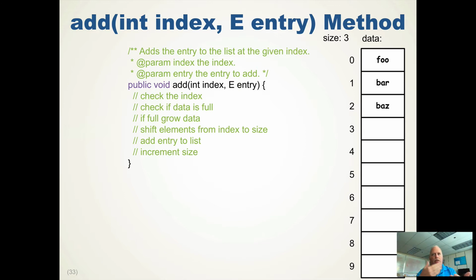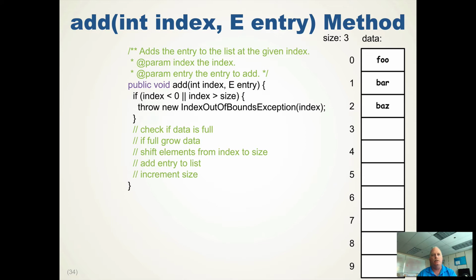But the key is for this one, since we're sticking it in the middle, we have to shift the elements from index to size over 1 and then add the element to the list. We then can increment it, and then since it doesn't have a return type, we don't have to do anything with the return. So we check the index just like we can,